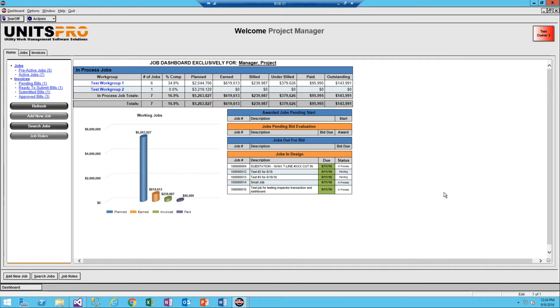In today's session, we're going to walk through setting up a new job. For the owner, the project manager and the area manager have the authority to add a new job. Additionally, there's a role called a job administrator, and that role can be provided to any individual that the owner desires. Further, the owner can also delegate job setup on blanket contracts to work groups so that they can set up their own jobs. To begin, we select Add New Job,